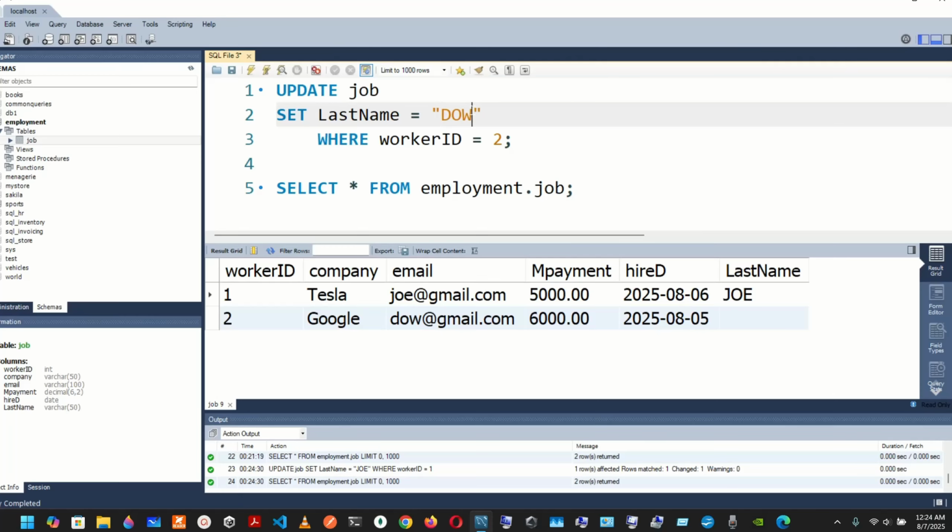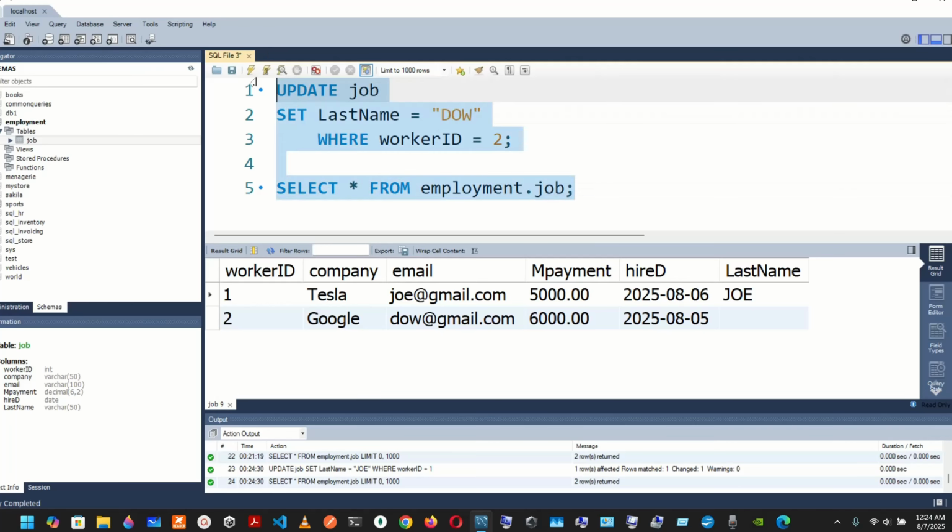I think it's like that, Dow. Okay, and the only thing that we have changed is the last name, that is going to be Dow, and the worker ID 2. So we do it again, select the whole thing, and then execute the portion of the script. So we do it, and we have this